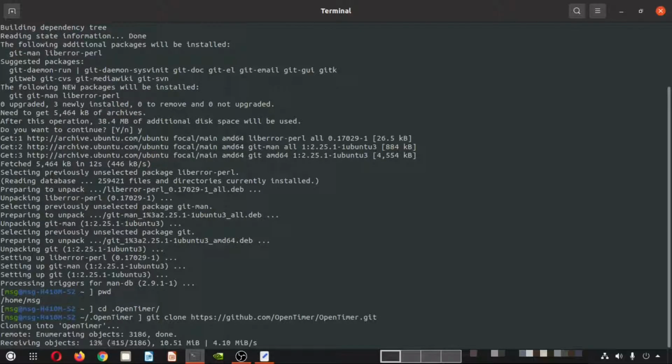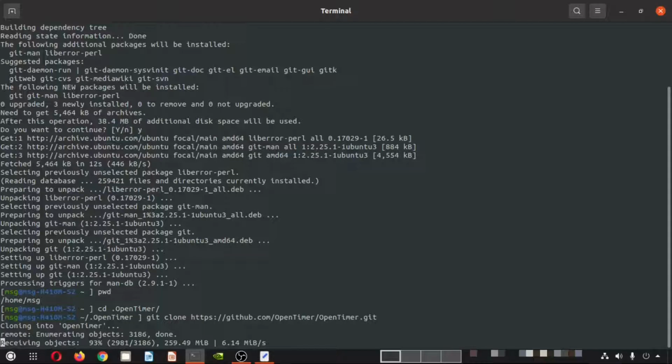It is starting. You can see that git is cloning the entire repository here.